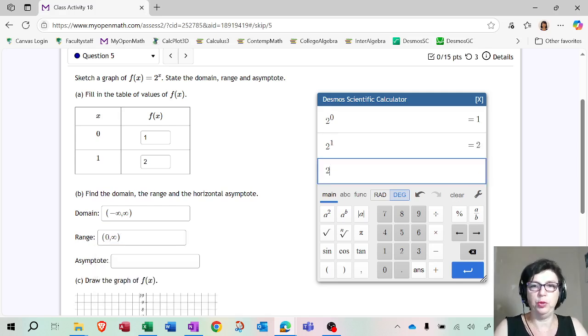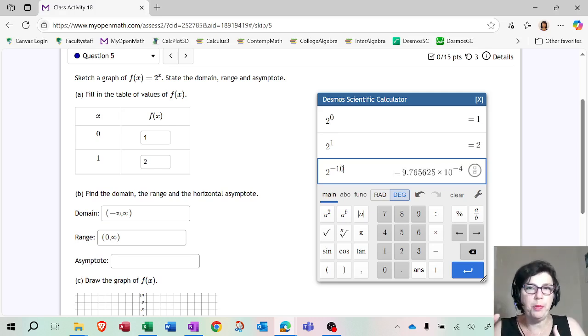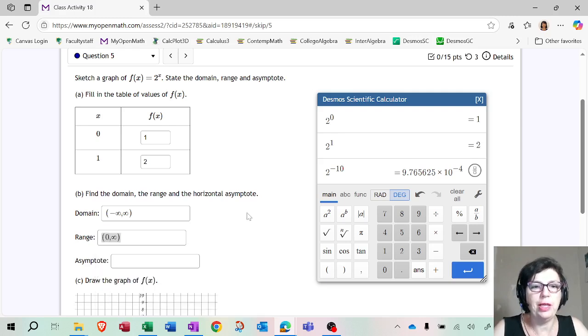So for example, 2 to the power negative 5 is going to be a tiny number. Okay, negative 6, negative 7. Like the numbers are going to start getting smaller, smaller, smaller, but they still will be positive. The fact that there is a negative in the power does not mean the answer is negative. It just means that it's 0.000, and so on. So range for exponential function is 0 to infinity, 0 not included.